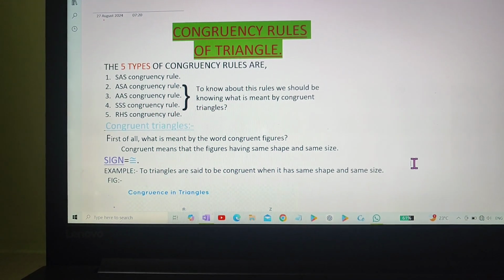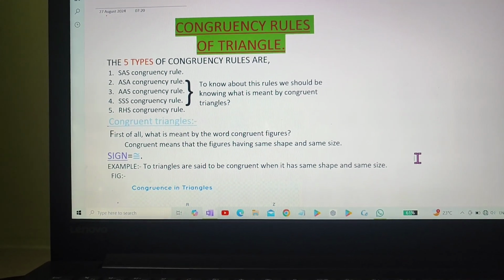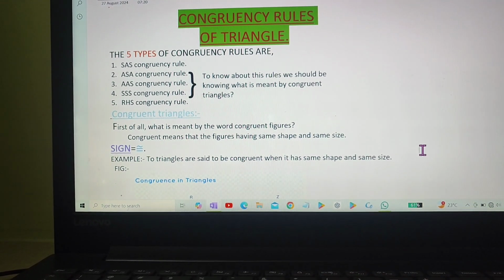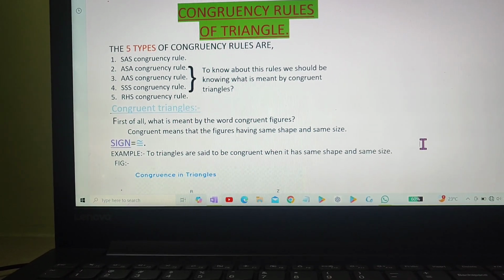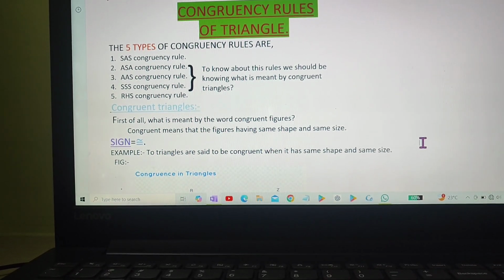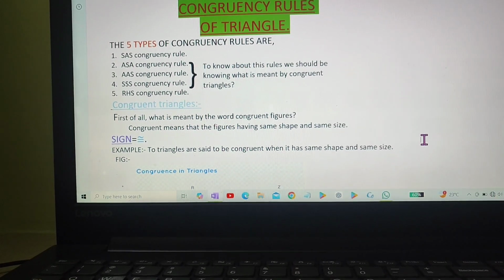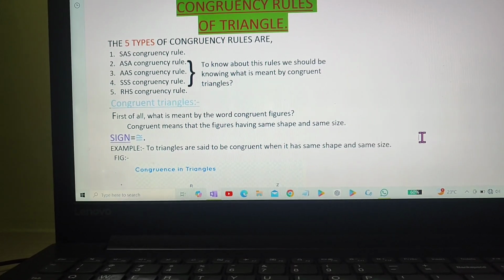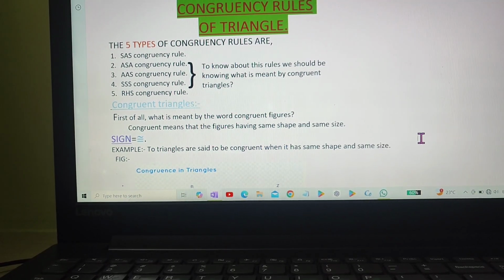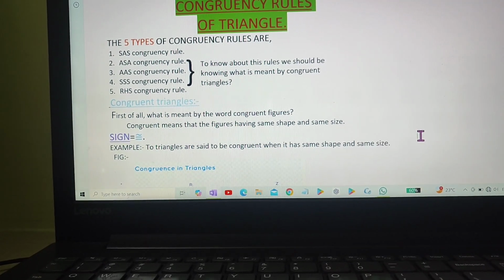Today, let us know about congruency rules of triangles. The five types of congruency rules are SAS congruency rule, ASA congruency rule, AAS congruency rule, SSS congruency rule, and RHS congruency rule. To know about these rules, first we have to know